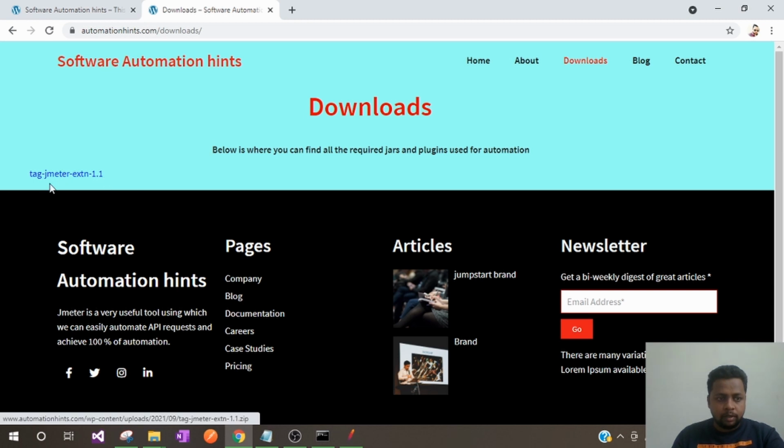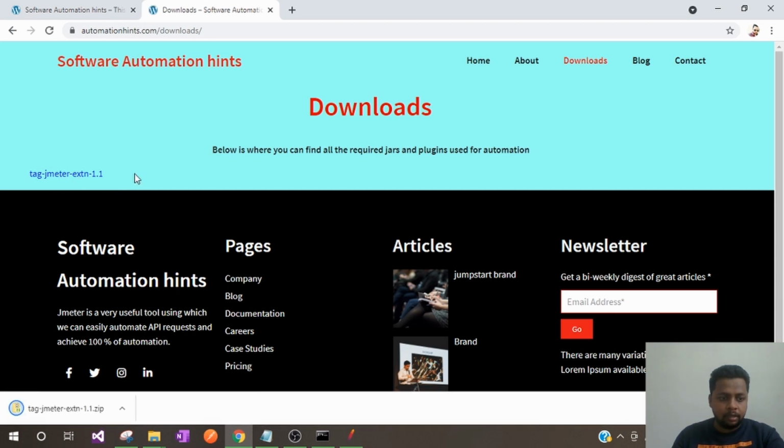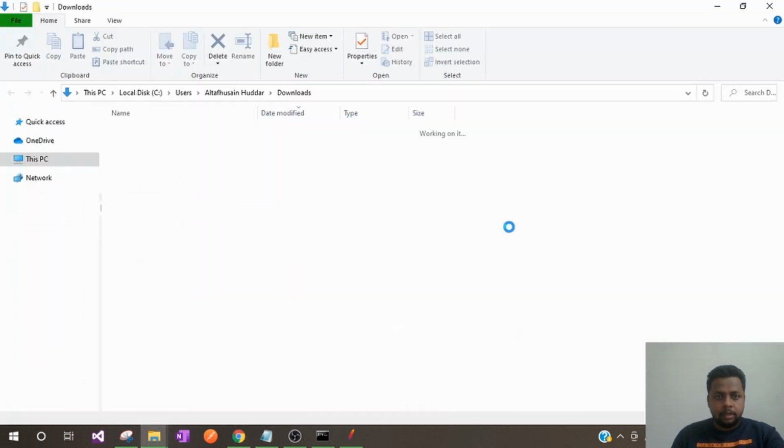This is the file which will make the property file reader available for JMeter. You can download it by clicking here, and I will also give you the direct link for this. If you want, you can click on that, or else come to automationhints.com downloads and click on this link and download.